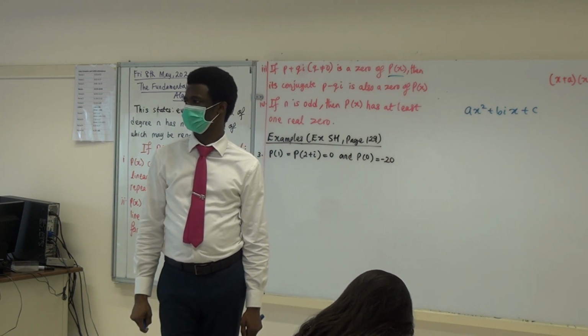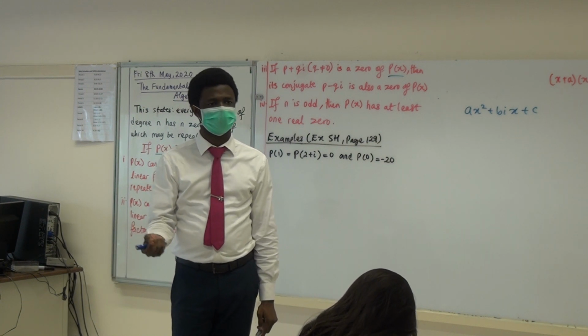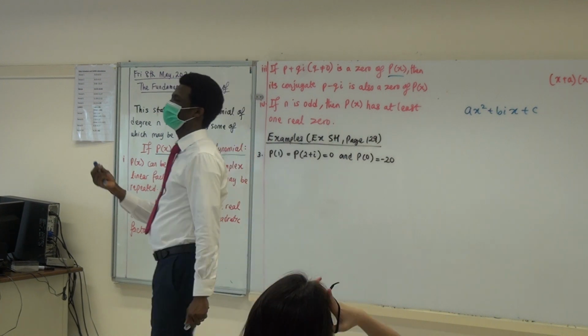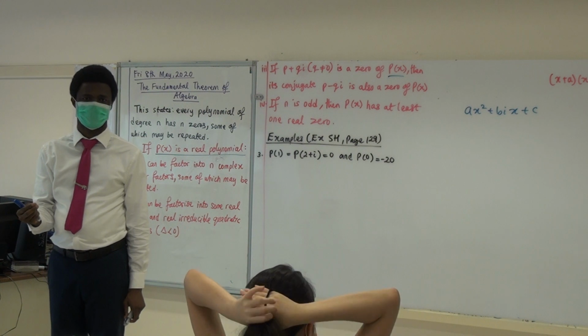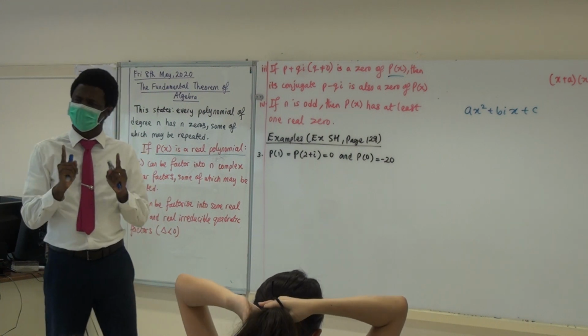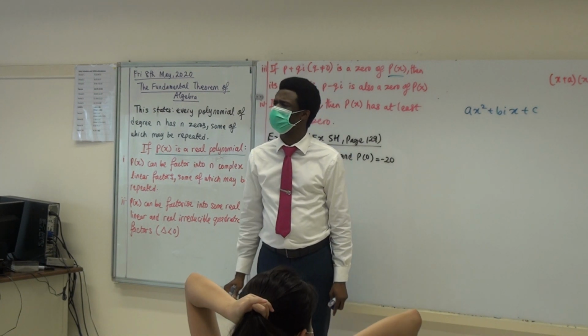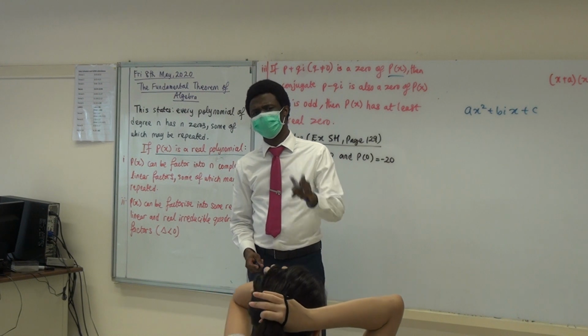Does that make sense? If a complex number is a zero, you know what conjugate is, right? The conjugate is automatically a zero. And this says that if the degree of the polynomial is odd, there is at least one zero. This is trivial. Remember cubic function in graph. What can you say about a cubic function that is not necessarily happening in